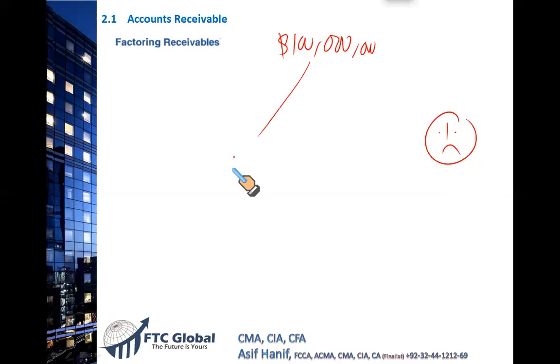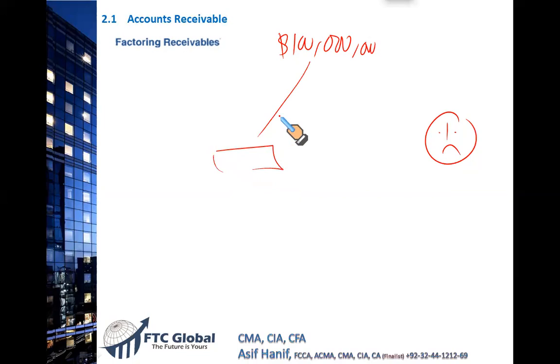Either I can pledge my account receivable with some company, just like we have some valuable items like jewelry or property documents or vehicle maybe. We might do the same thing. We might pledge our account receivables and take some money as advance. And when we collect the money, we pay back with the interest.